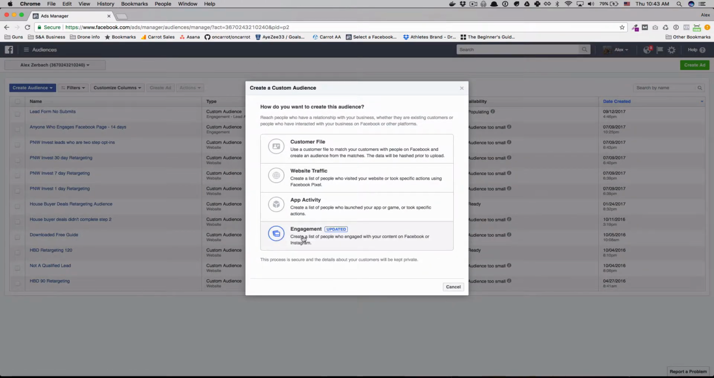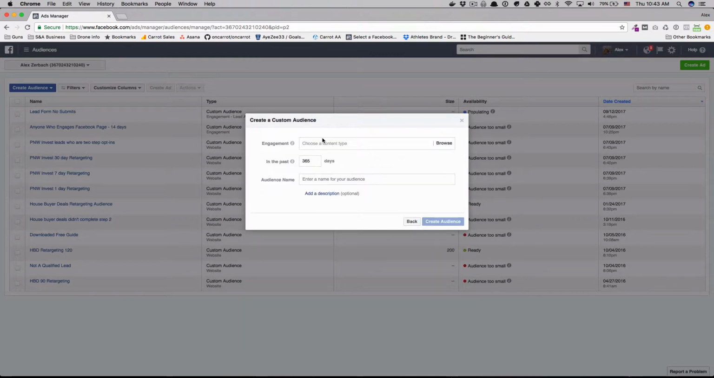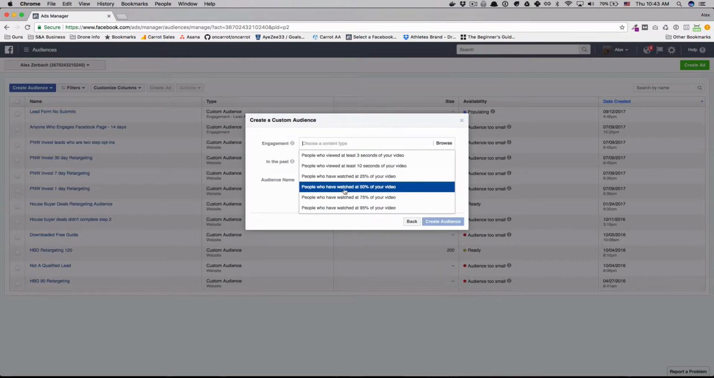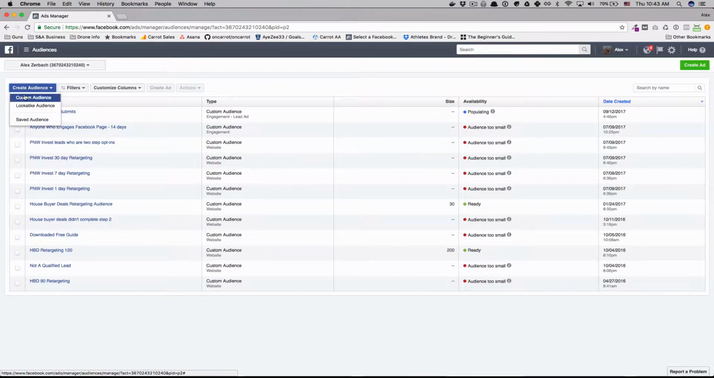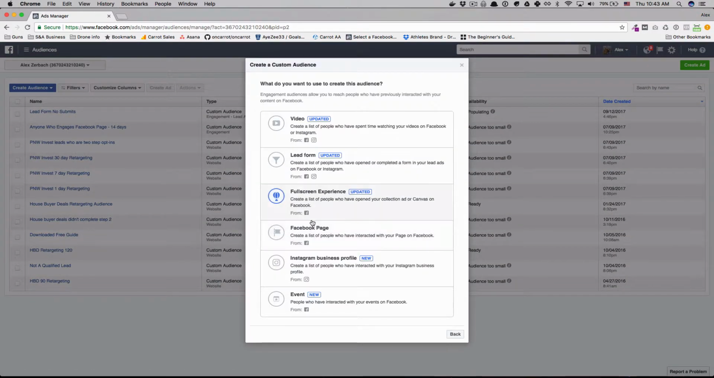The other thing that's kind of new is engagement, and this has to do with how people interact with your brand on Facebook. So you could build an audience of anyone who's watched 3 seconds, 10 seconds, or 95% of your video. You will have to tell Facebook which video specifically you want that audience built from, and it can go ahead and do that. Some of the other more powerful things in the engagement custom audience,